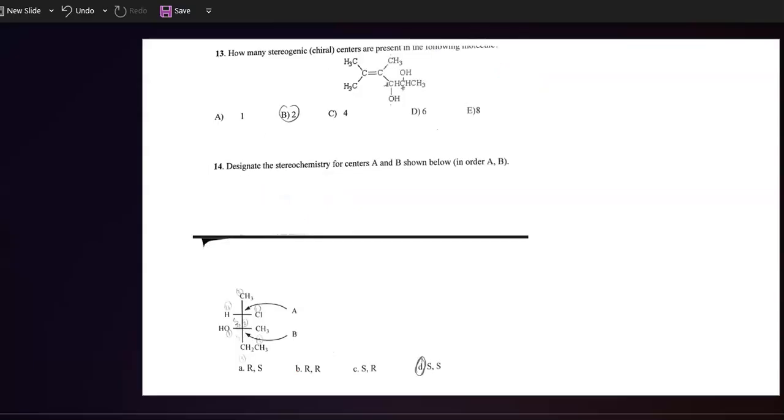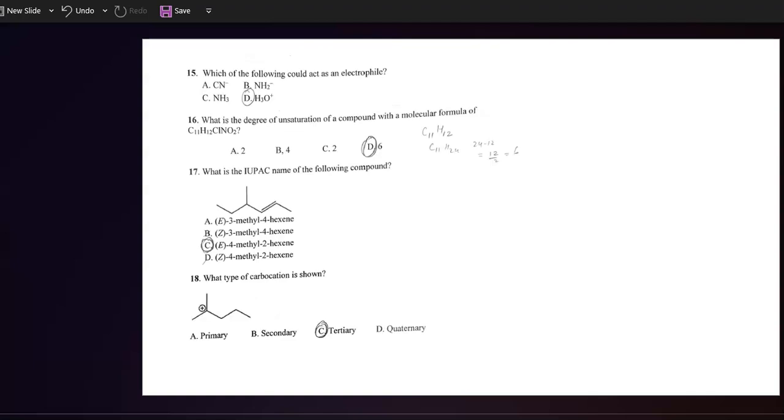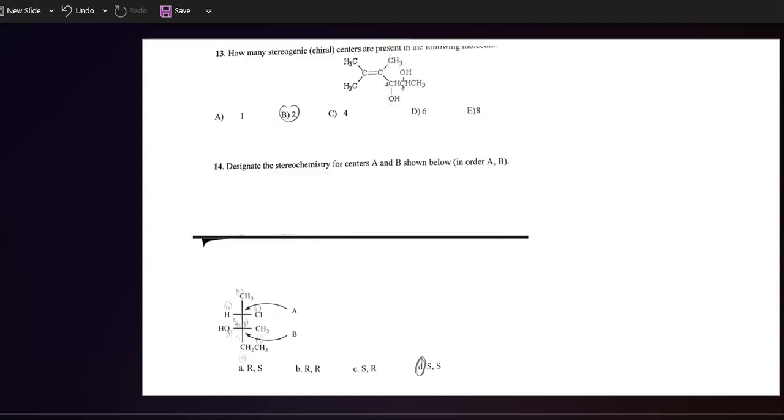Next question is to identify the absolute configuration again, but this is what is called the Fischer projections. If you are looking at chapter 5, that's where you will find this. In Fischer projections, remember that if your lowest priority is on the horizontal bond, like in this case, then you do the